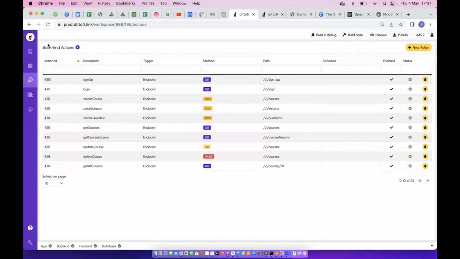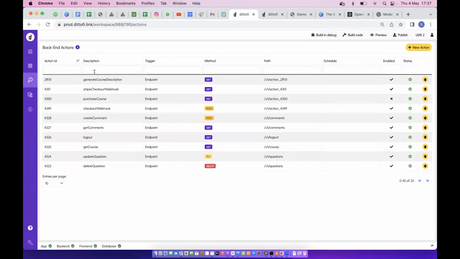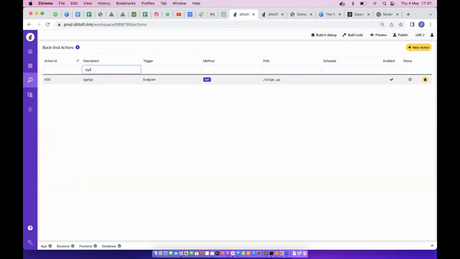We also integrated HubSpot and Mixpanel. So I'm going to show you now how those can be done. And again, we integrated those in a bit more of a manual way. But I'm going to show you now how you can do this a lot faster and a lot easier using these modules again. So if I come and check out the sign up action,